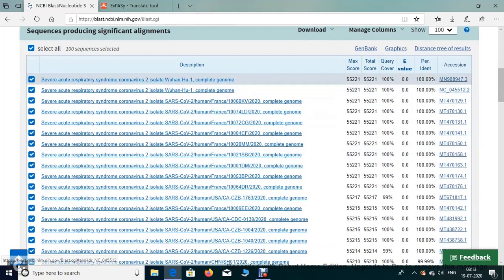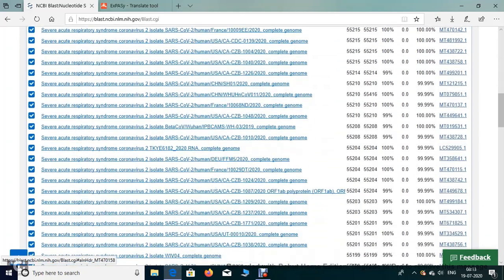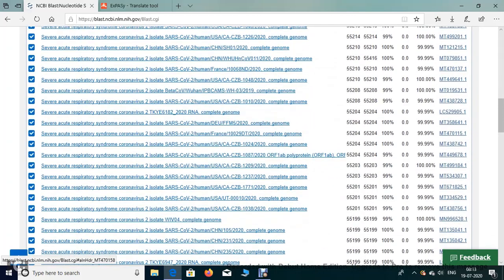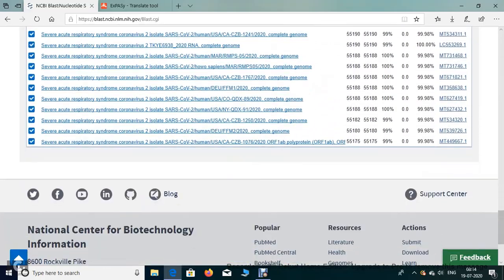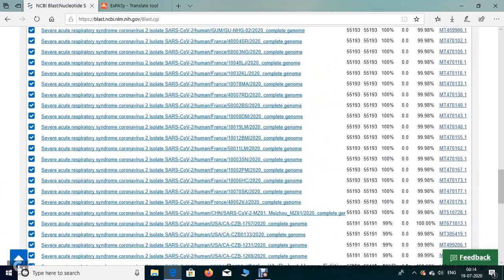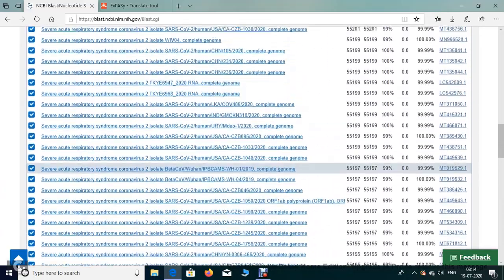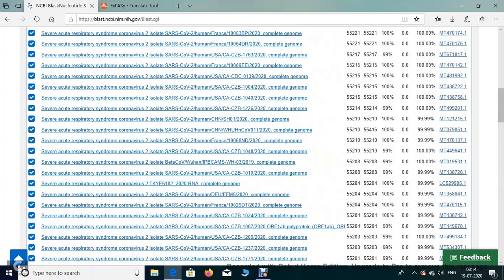You can see one of the strains here has 100% similarity, meaning the gene and nucleotide sequence of the coronavirus match this virus 100%. Coronavirus also has different strains, so you can see here a 99% similarity with another coronavirus, and this is 100%, and everywhere you find 99%, because they are from the same species. If we compare these with any other flu virus, like influenza virus H1N1, we can see how similar coronavirus is to the influenza virus.